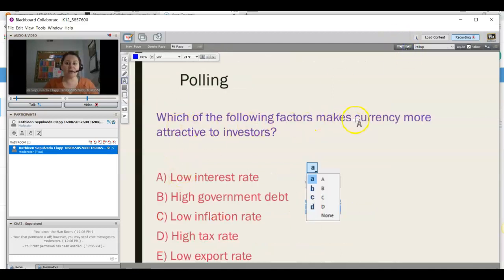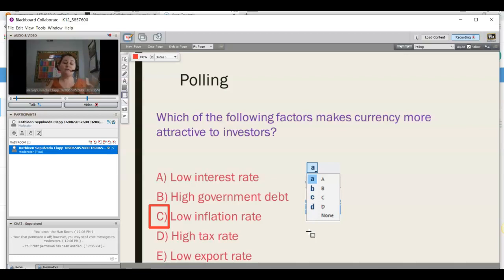All right, what are the following factors that make a currency more attractive to investors? Well, when you look at this one, it is actually going to be C here. Slow inflation rates. With low inflation rates, our money is not overvalued, and it's not decreasing in value. Okay, and when we have low inflation rates, that means things aren't costing us much more than what they should be. It's saying that our money's pretty stable, that it's not overvalued, and that the decrease of that value is not going to go down.